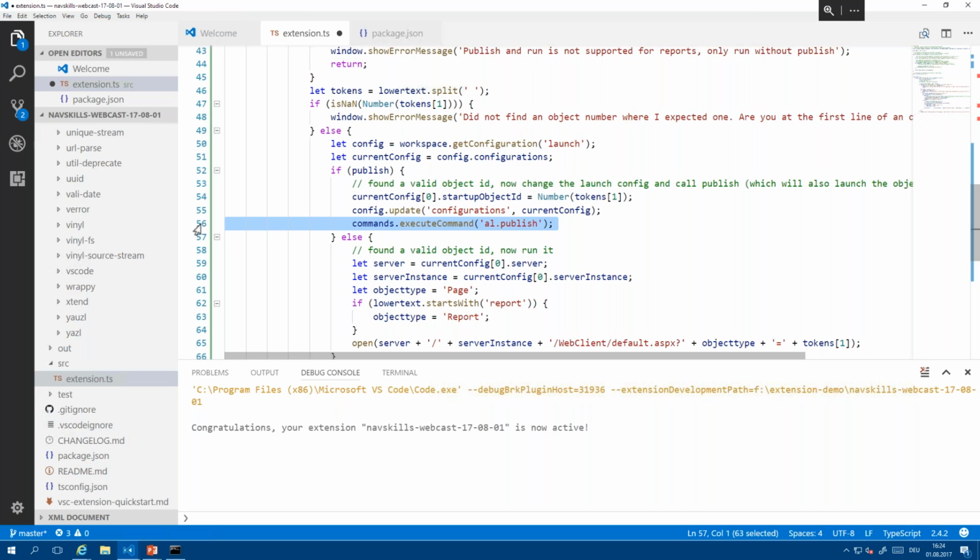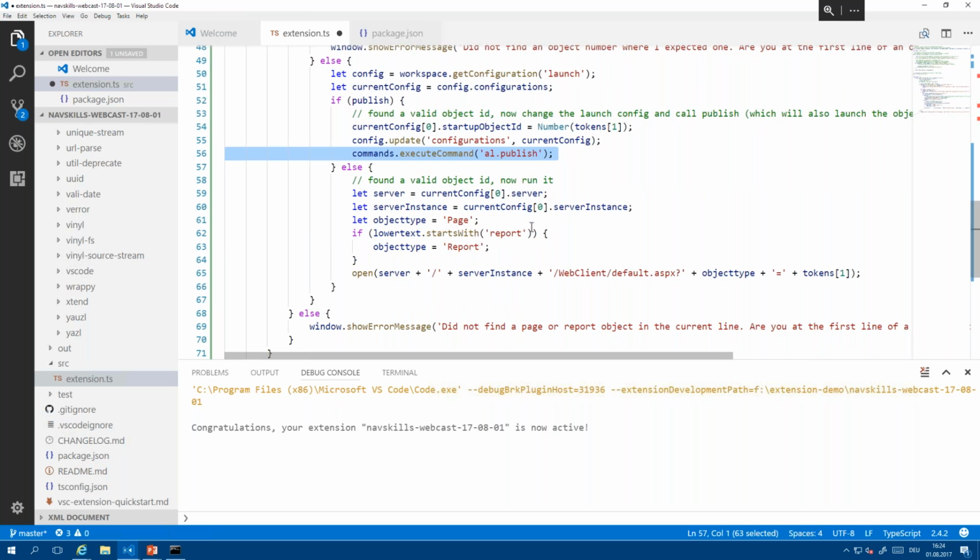What you can see here is that we can reuse things like the standard configurations, and that you can also use commands that are already available through maybe another extension like here, because AL actually is an extension itself, or something that Visual Studio Code offers as a standard command. You can just call those.